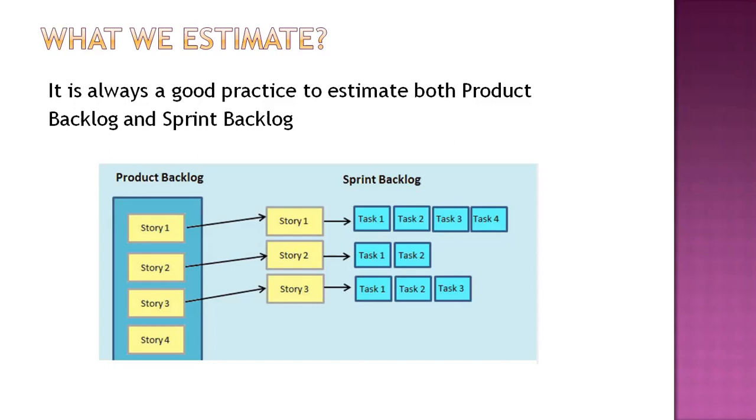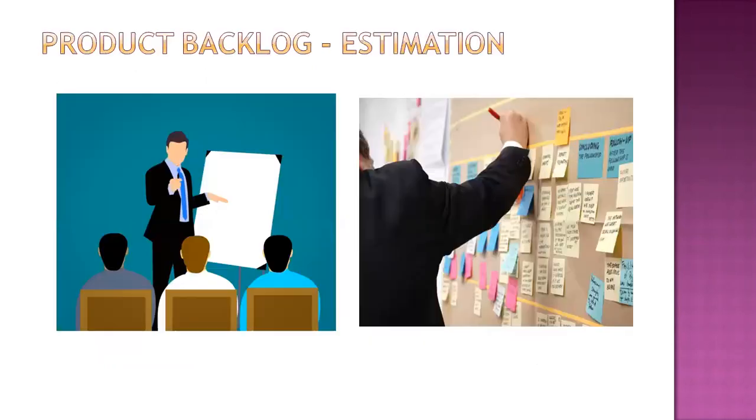So that is the level of estimation we need to do in the sprint backlog. We will talk slightly more about it in the upcoming slide also. So the very important thing is, we need to estimate at the product backlog level and at the sprint backlog level. Okay. Now, at the product backlog level, what are we doing and how is it going to help the product owner? As we already touched upon, I want to get into much more detail.